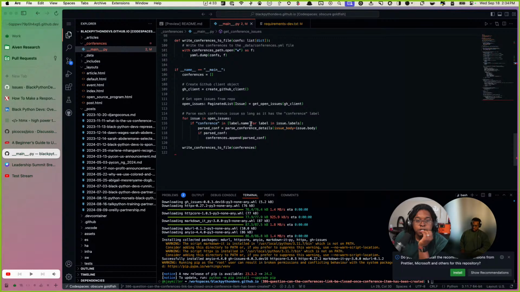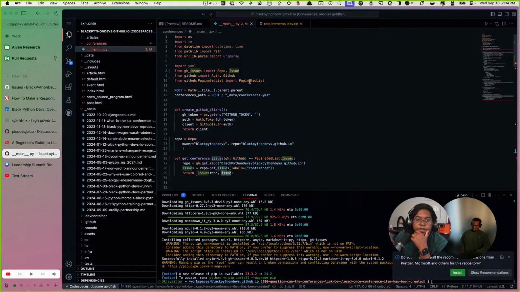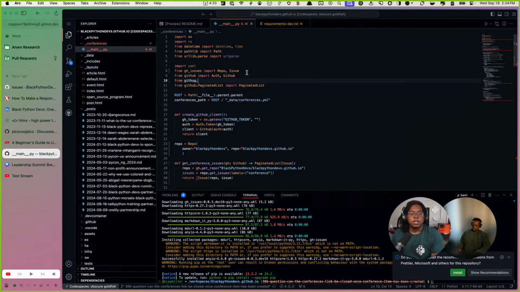Issue dot labels, issue dot name, issue dot body. I'm guessing there's an issue dot number. There's no definition found for issue. Okay, so from GitHub dot issue, import issue as